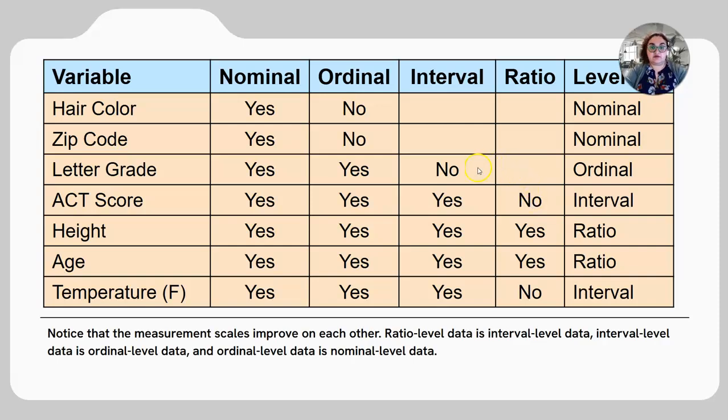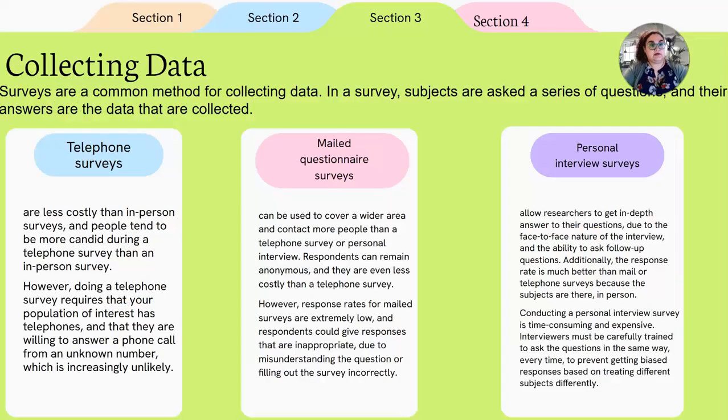Same thing with a letter grade. But funny, in a letter grade, you can order them A, B, C, D, but just giving a letter grade instead of a number grade, you can't say that I have 3 more points than you. So they do improve on each other as you go through the scale. So just keep that in mind. Yes, temperature is ordinal and nominal, but at most it's interval. Okay,